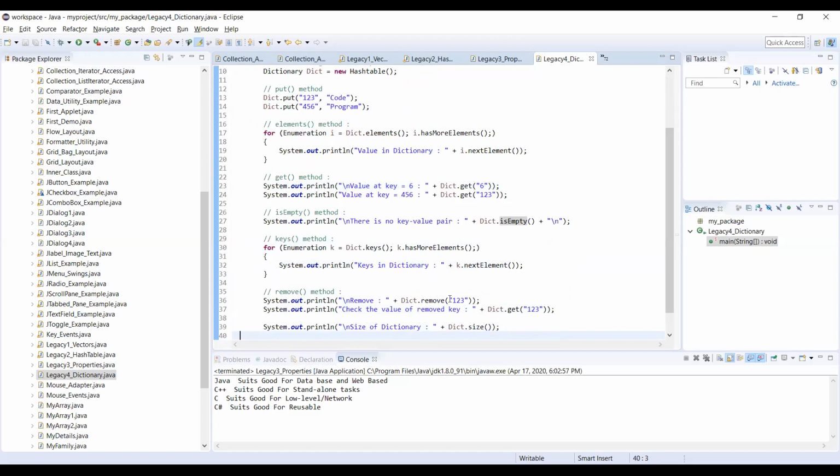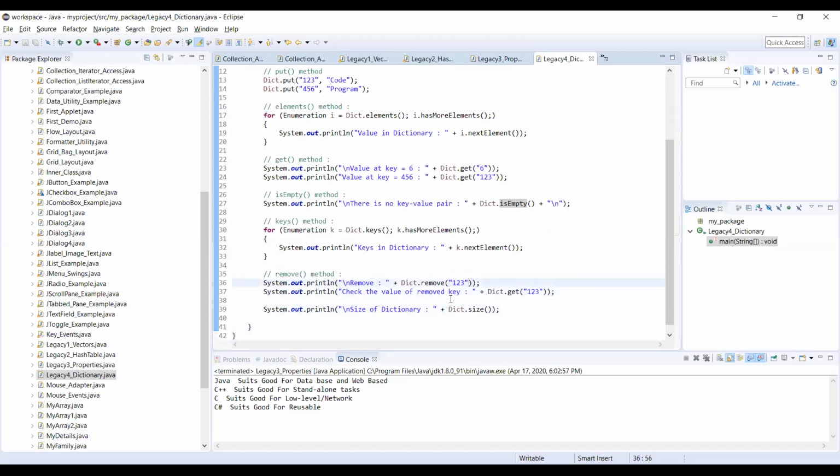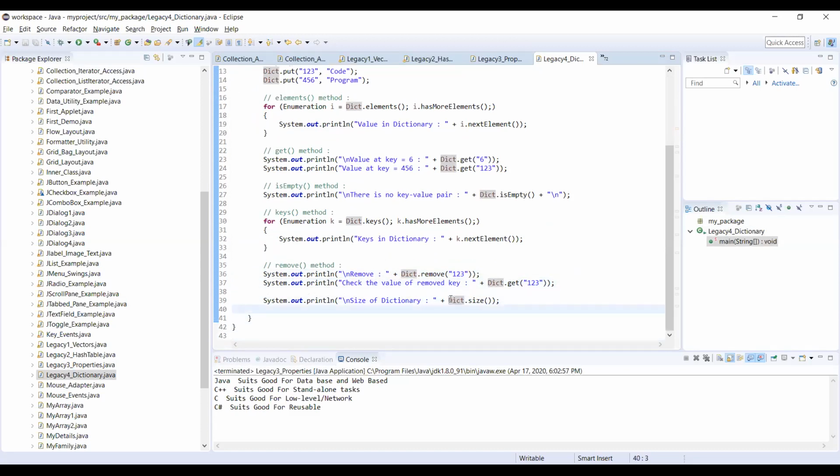Likewise different methods are there, and the remove method is used to remove a particular value. So if I give the key 1 2 3, based on the key value pair, it is getting removed. And the size of the dictionary is based on the number of elements. Suppose I have 10 key value pairs, then the size of the dictionary is 10.